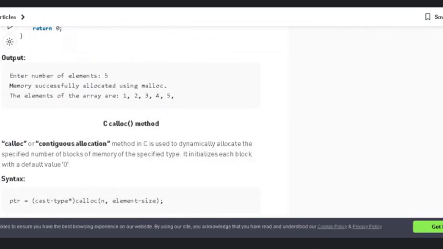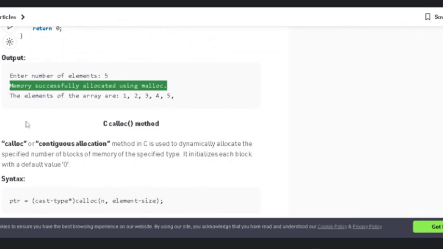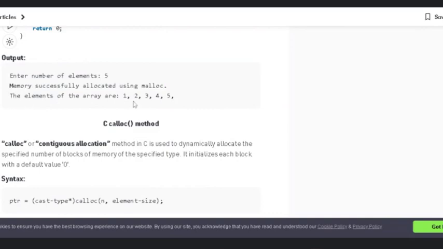After that, the pointer variable does not return null value, and that is why the else statement is executed, 'memory successfully allocated using malloc', and finally the elements of the array are printed, that is 1, 2, 3, 4, and 5.